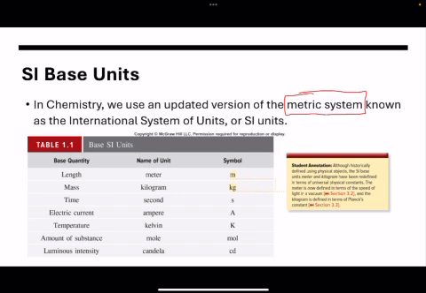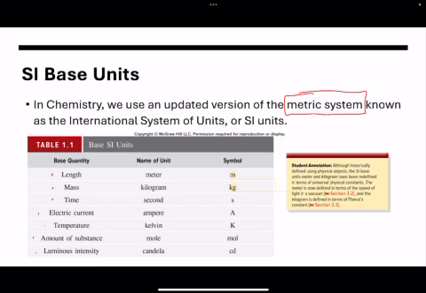So, since the majority of the world uses the metric system, and as scientists, we're expected to share our results with people, those people are not always in America. So, we use the metric system as our main unit of measurement in science. So you have seven base, what they consider base SI units, and then other units are often derived from these. So these seven units are length, mass, time, electric current, temperature, amount of substance, and luminous